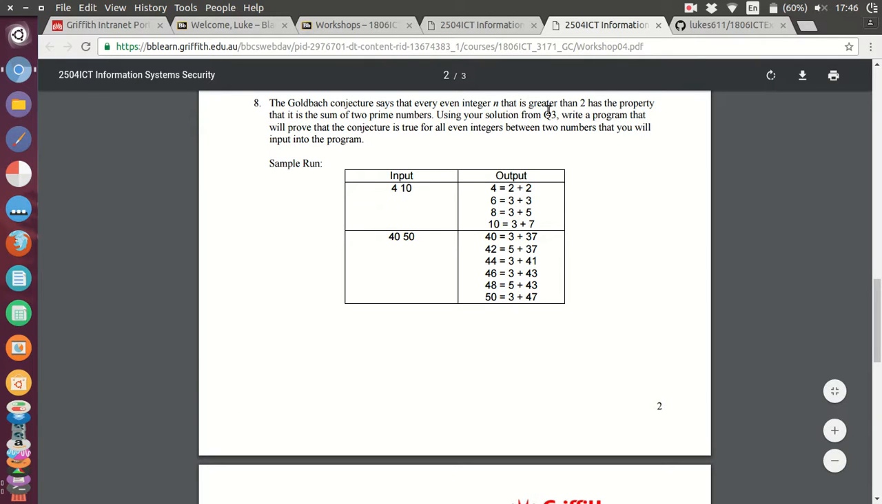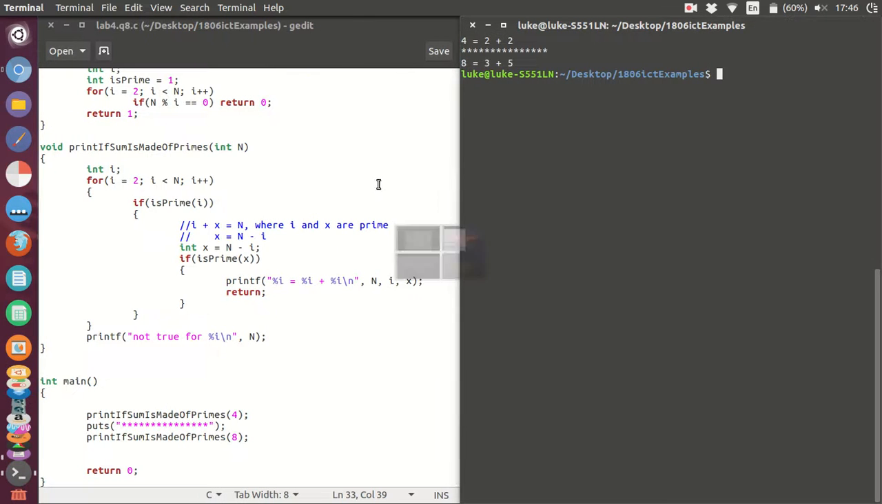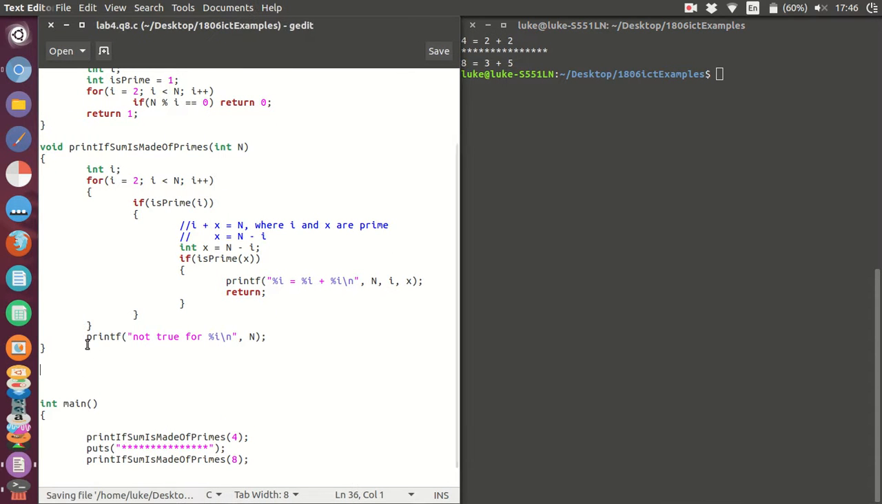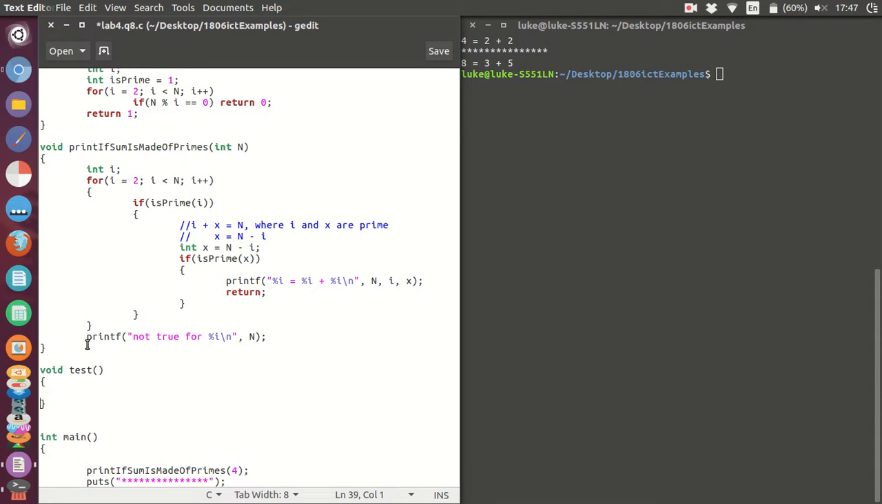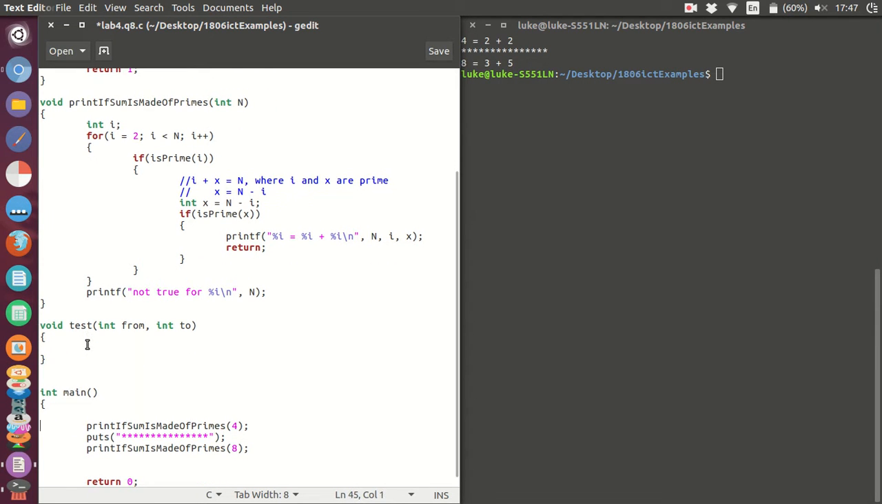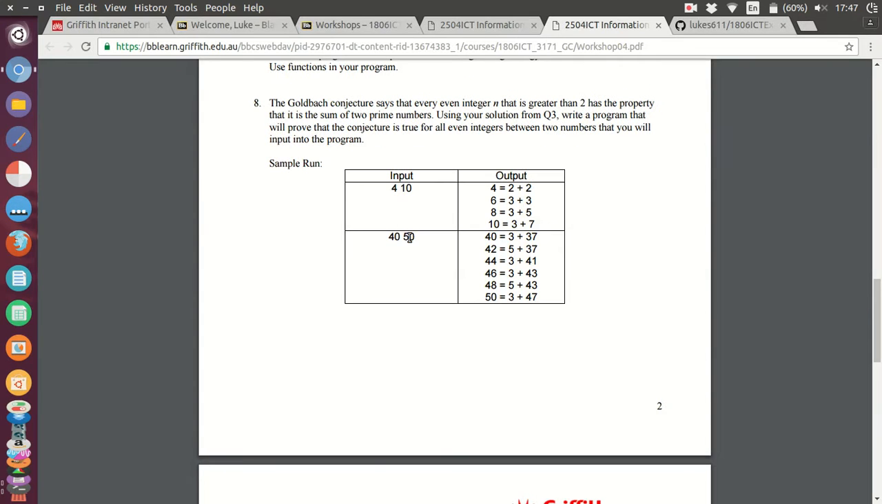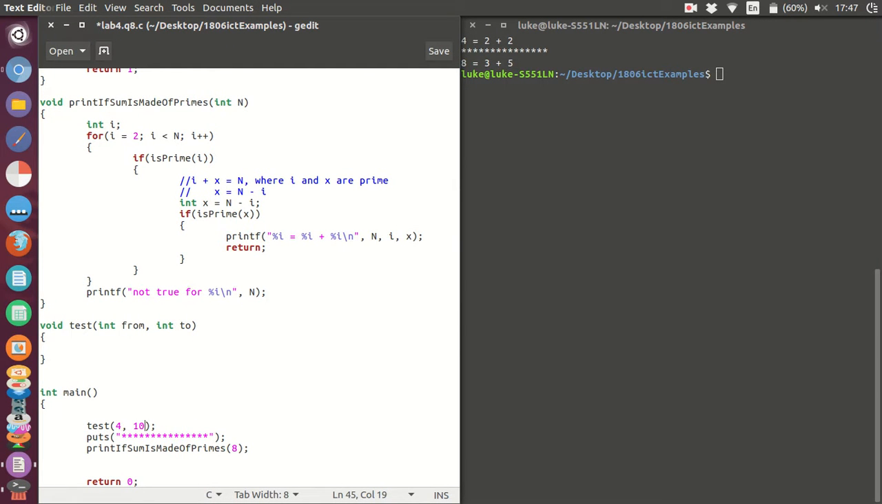So let's go ahead and create our function that you input the number range and you test all those numbers between that range. Okay. So let's just call this test, and from and to, and here let's call test with 4 and 10, and then 40 and 50. So test with 4 and 10, and then test with